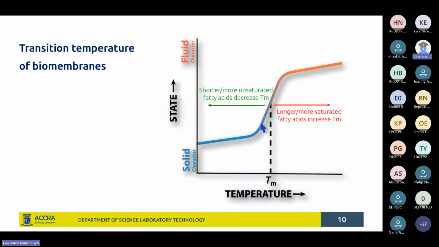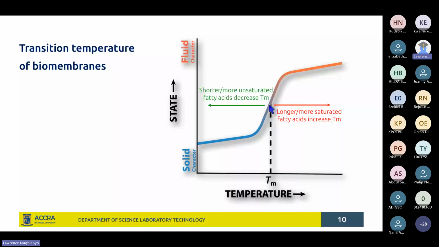Then at higher temperatures, the cell membrane becomes more and more fluid. You see the state of the membrane on the vertical axis: less fluid below, and a more fluid character above, depending on temperature. The mid temperature, Tm, is what is referred to as the transition temperature. That is, at that midpoint,